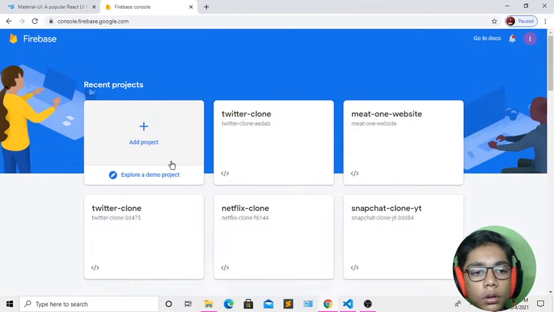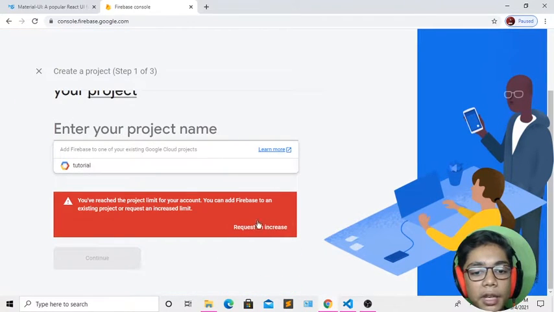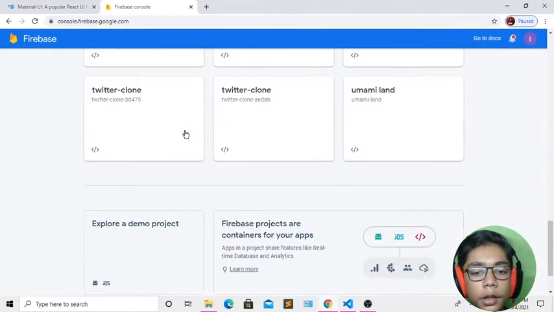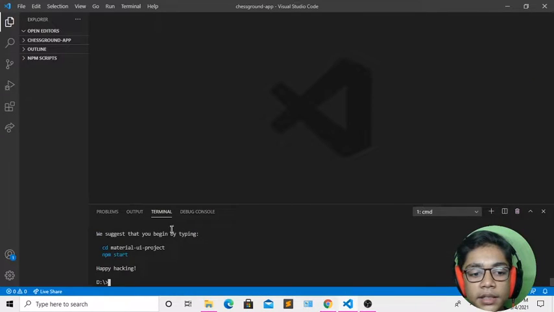And if you know, you don't have to create that, because I will be telling you how to create a project. Here you have to write your project name, and here you can see it is written that your project limit is reached. Because my project limit is reached, I have created many projects. You can create many projects by using your other email if you are also having this problem. Then I will close that and minimize, and you can see it is installed.